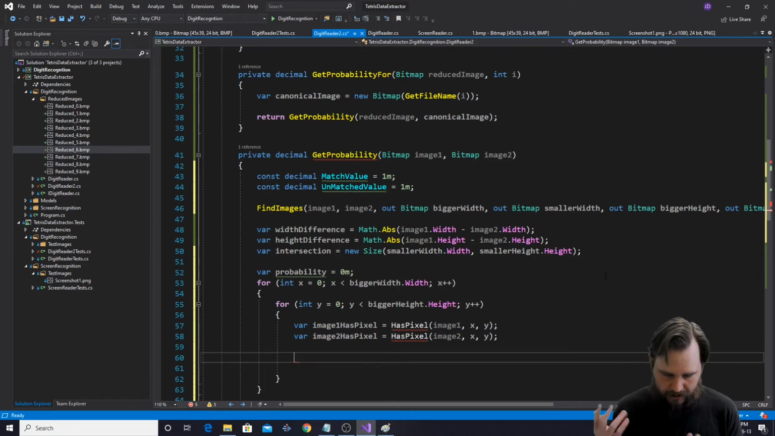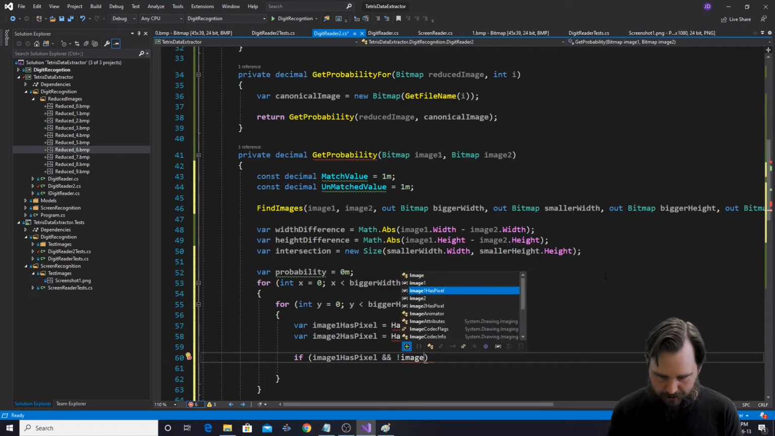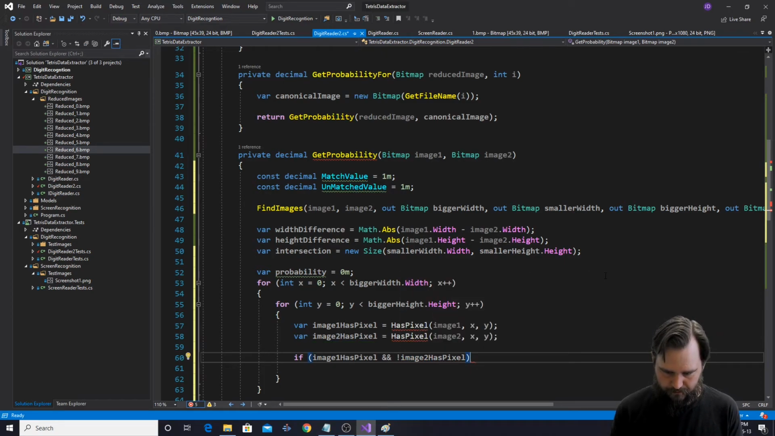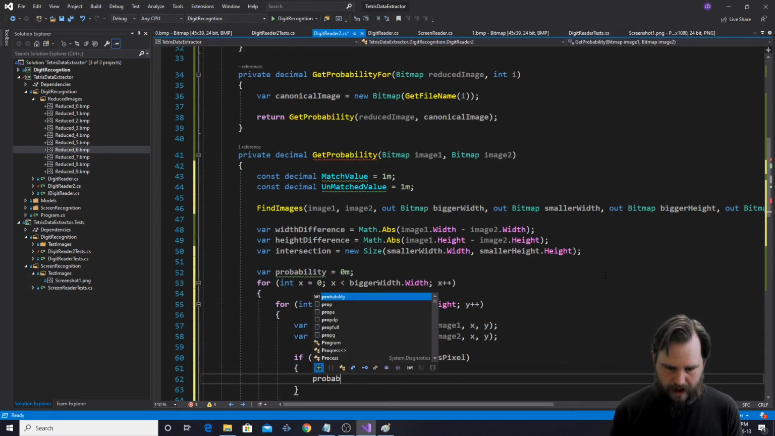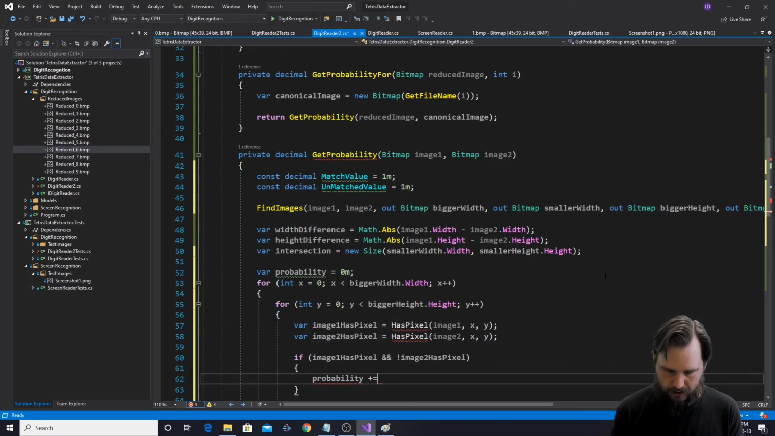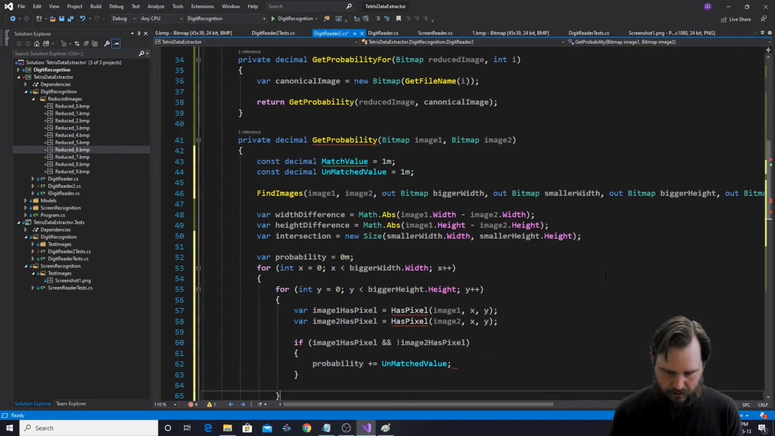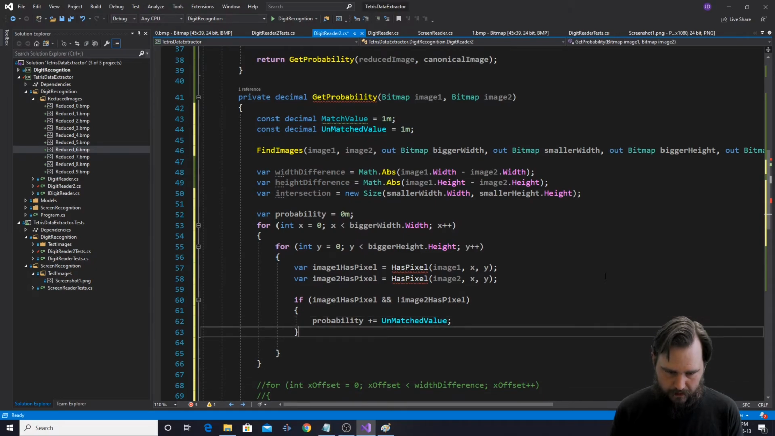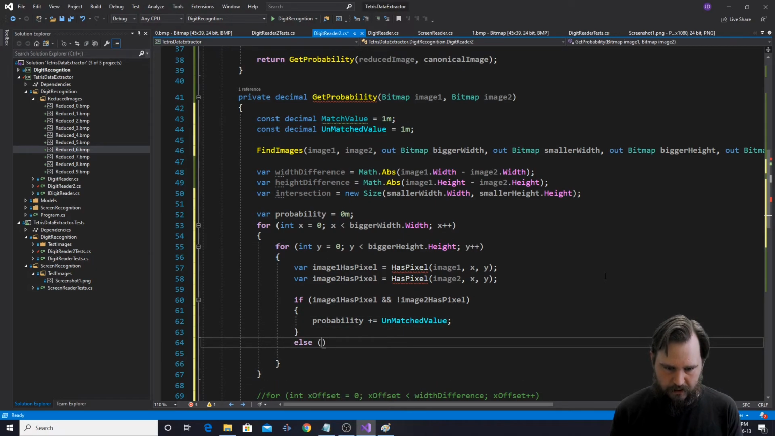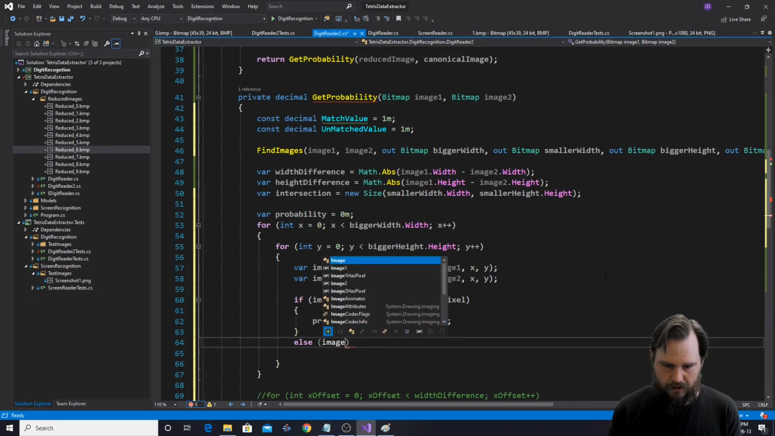So I don't have anything to add. What am I putting that in an if statement for? If image 1 has pixel and image 2 does not have pixel, then we are going to add to the probability an unmatched value. Okay. Otherwise, if image 1